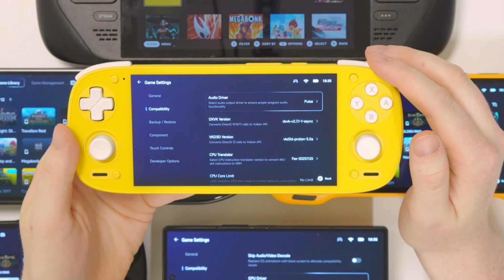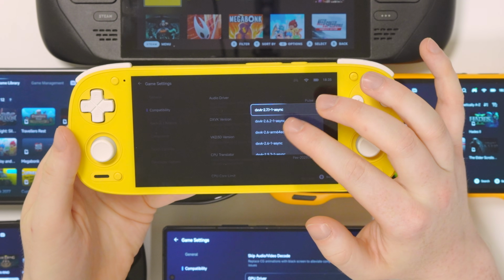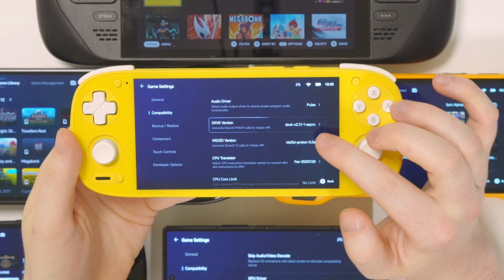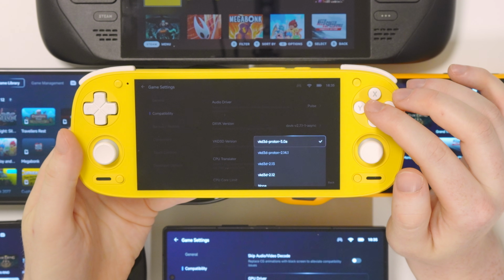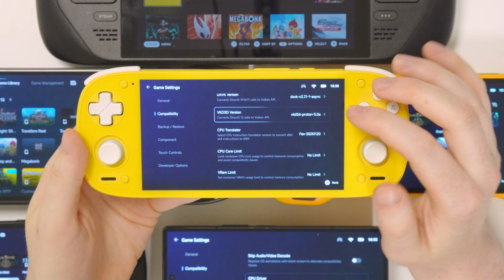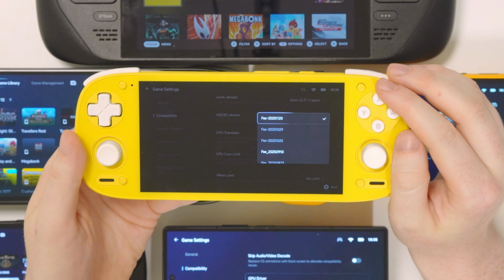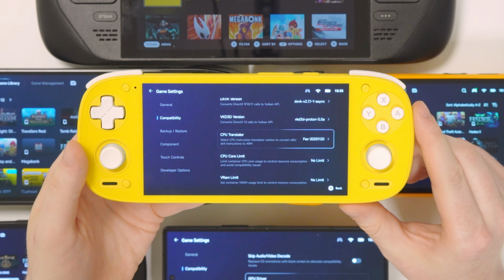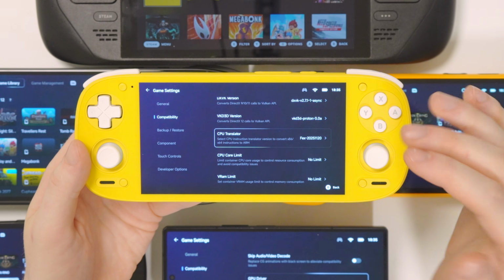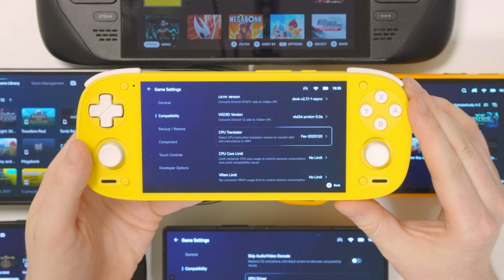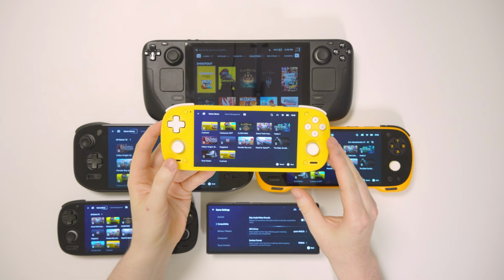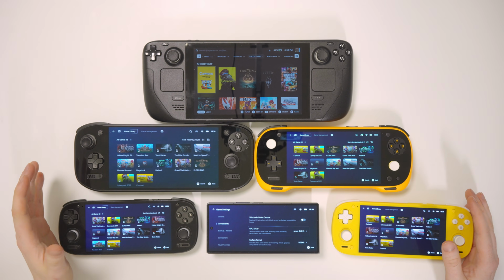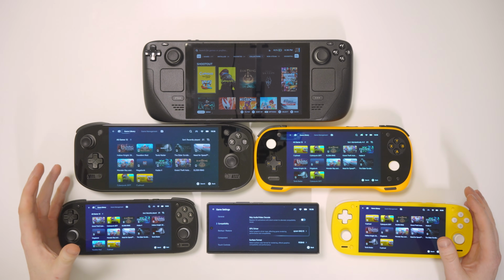For all of the handhelds, I've also chosen the latest DXVK version, which is 2.7.11 async, and the latest VKD3D version, which is VKD3D Proton 3.0A. I've also chosen the latest CPU translator, which for most games is the FEX 2025-1120, and for some games is the Box64 preset, and I've once again chosen the top available option, which means the newest and latest one. So with those 5 changes on these 5 handhelds throughout 12 games, I've already made 300 changes before I've even